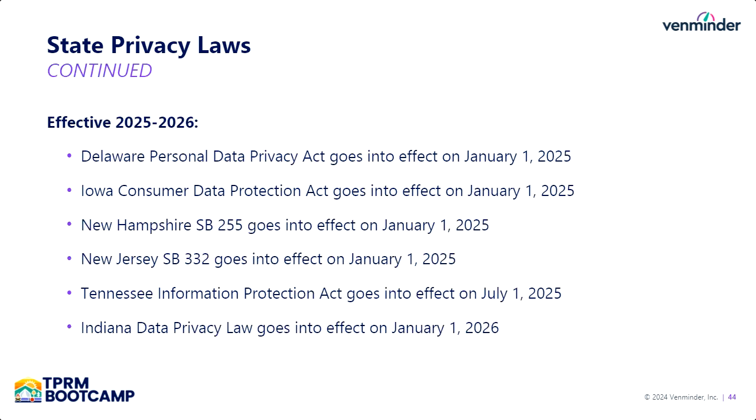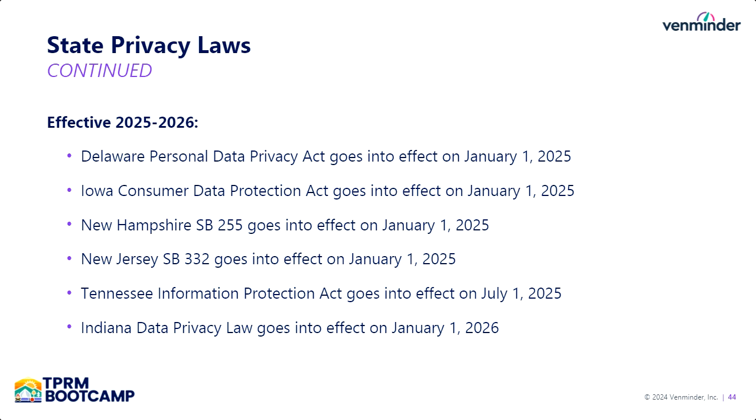And looking beyond 2024, there are several state laws scheduled to go into effect in 2025 and even 2026. I know this can seem challenging to keep track of all these state privacy laws, but you can actually find legislation trackers online that do a good job of showing you the status of each one. The International Association of Privacy Professionals has one of these trackers that's helpful to show whether a law has been introduced and when it's been passed and eventually signed.